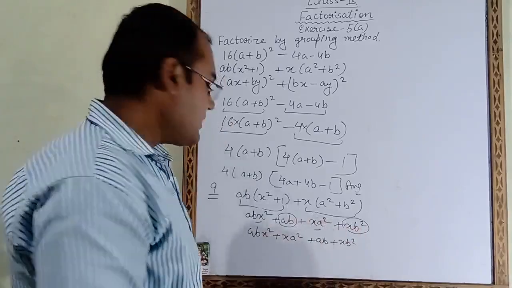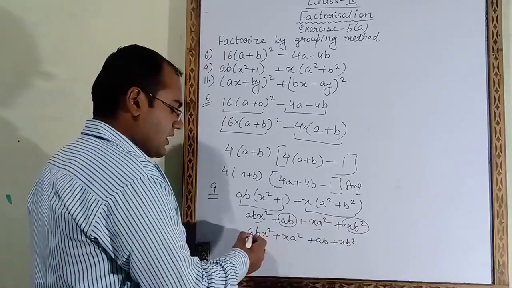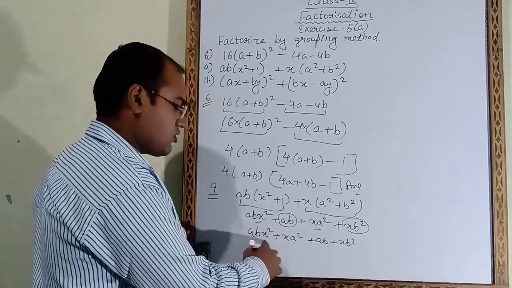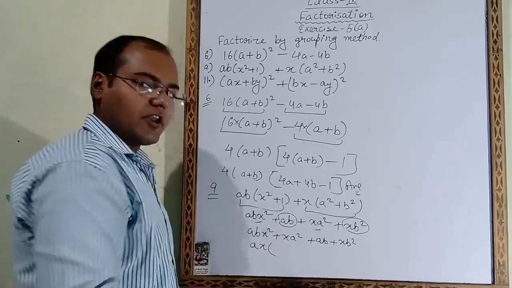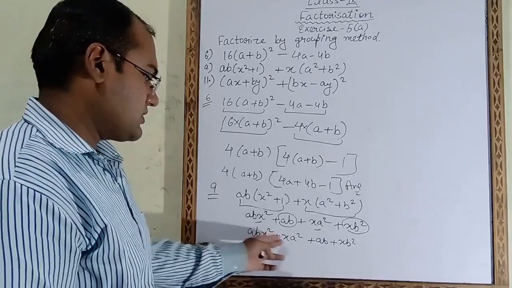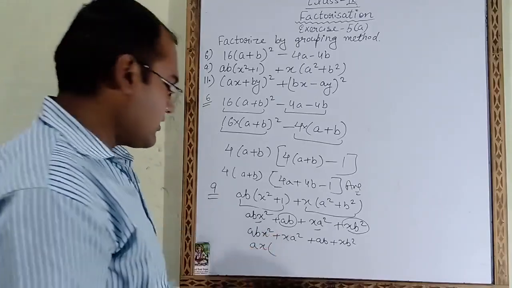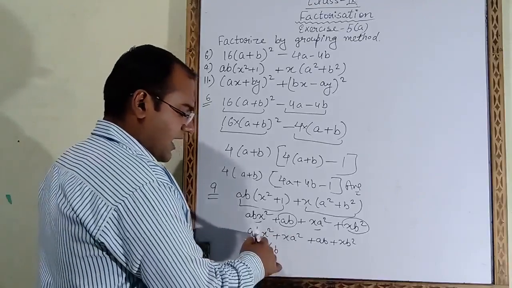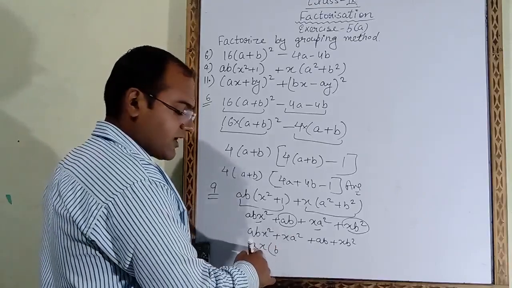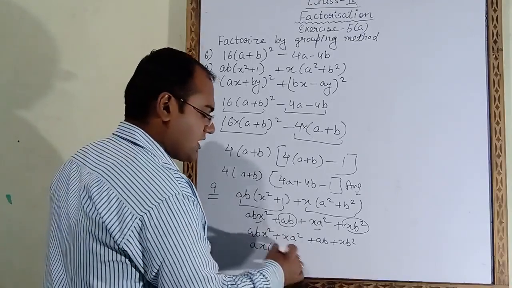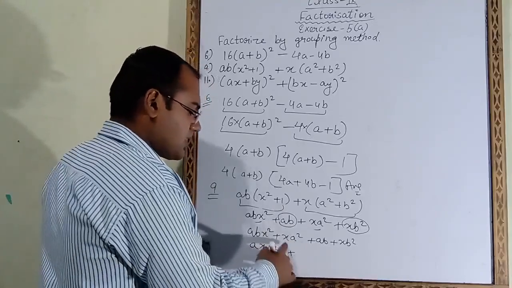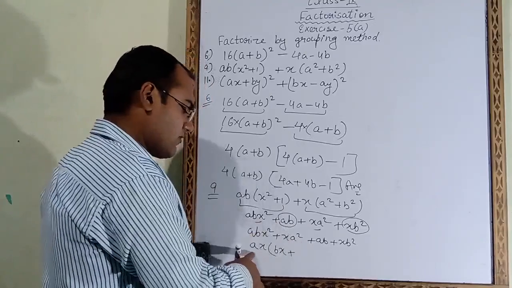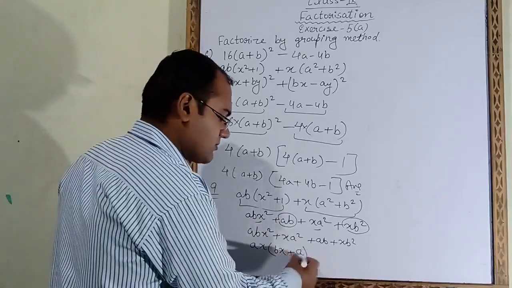Now we will take common. If we observe here, a is common, x square here and x here, so x also we will take common. Now we have to write in the bracket which letters are remaining. a we have taken common, b is remaining; x square is there, but we have taken x common, so one x is remaining, that x we write here. Plus x we have taken common, a square means 2 a's are there, but 1 we have taken common, so 1 a is remaining.